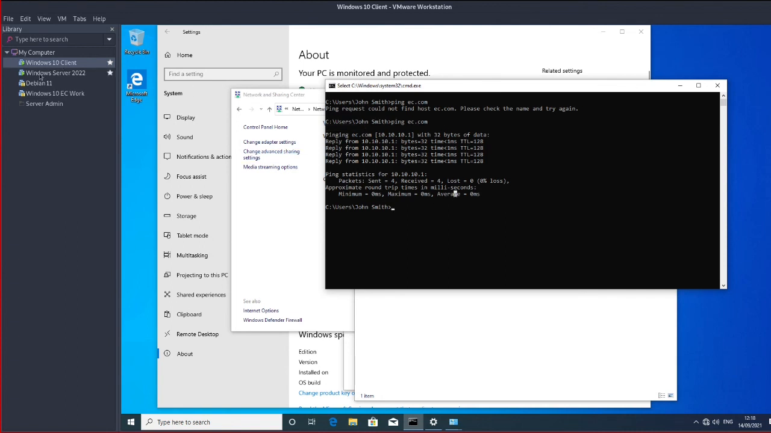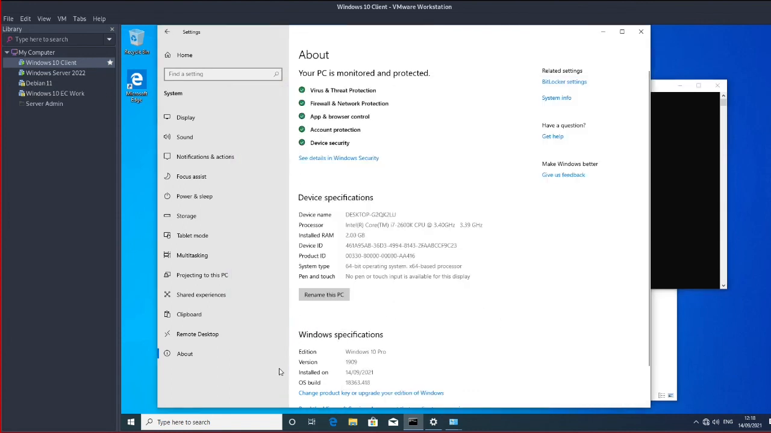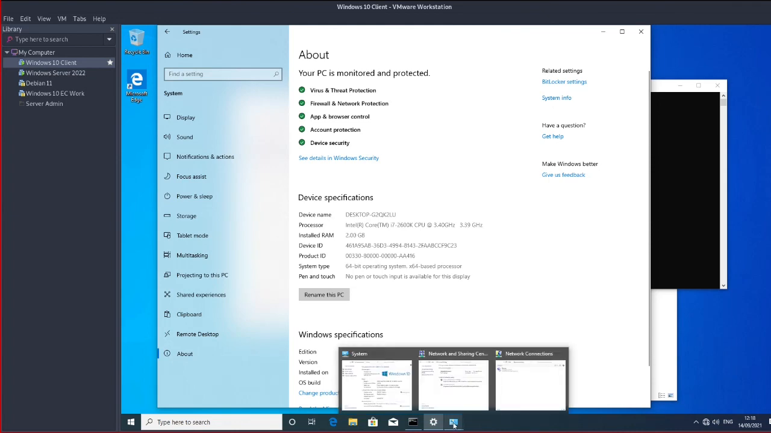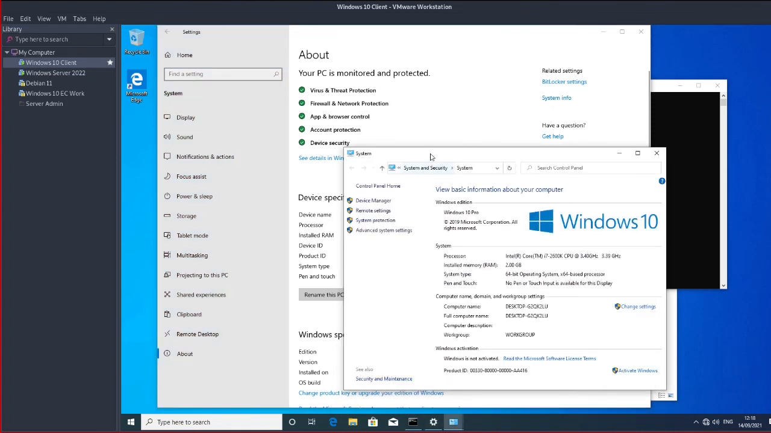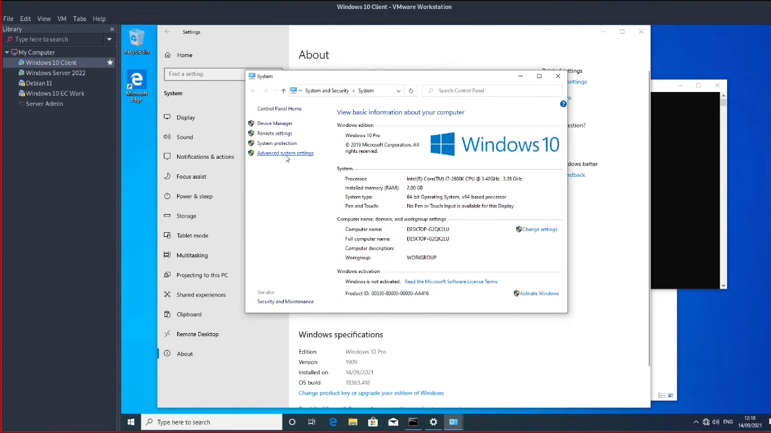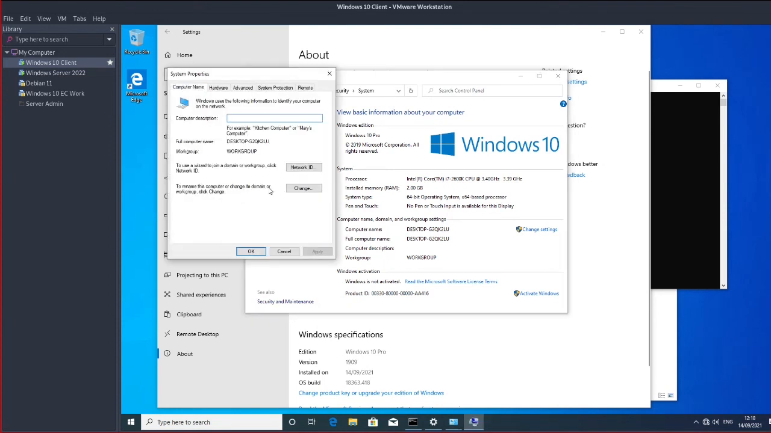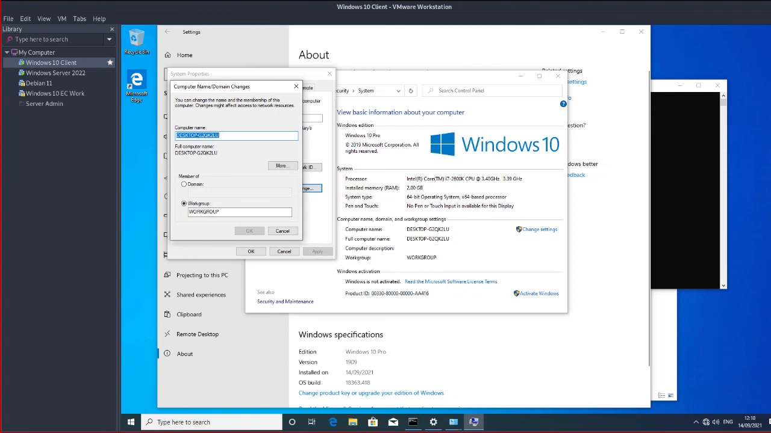Okay, let's go and add this client into the domain. So to do that, we're going to get to advanced system settings. So system, about, system info, and let's open up system and advanced system settings, and let's change the name. Now it says here to rename this computer or change its domain or workgroup, click change. So we're going to click change domain and we're going to say